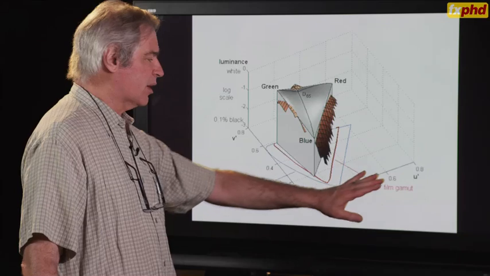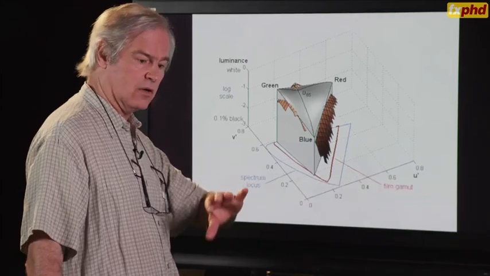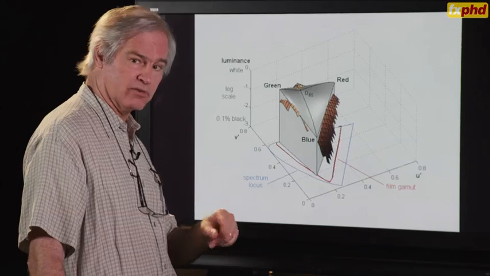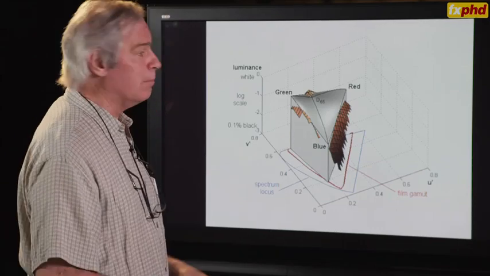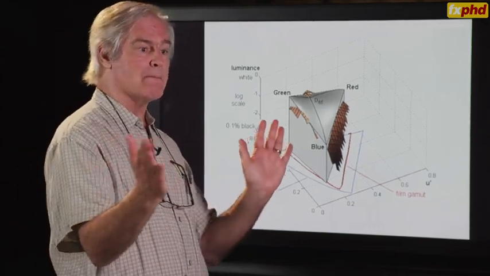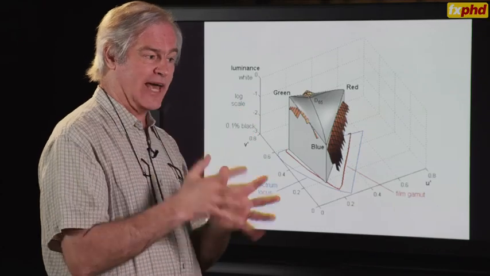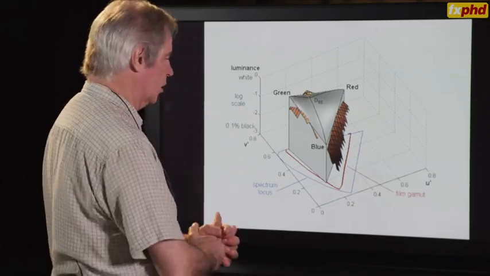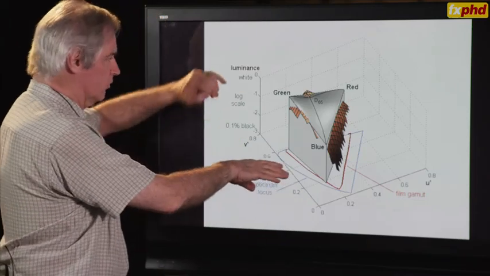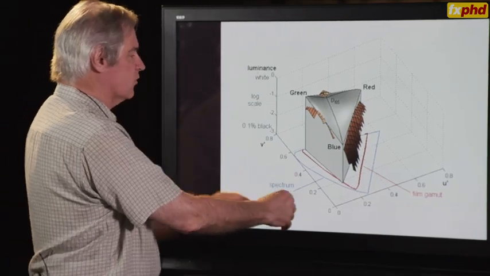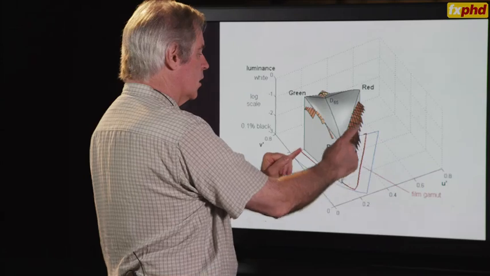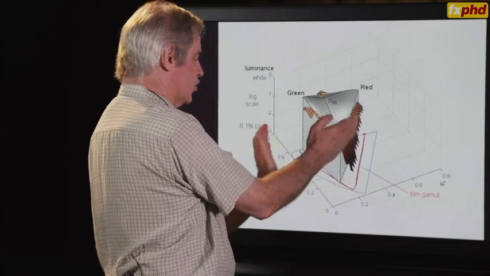In the U prime, V prime space, it's a projective transform of little x, little y, so straight lines stay straight, but the projective transform maps an additive RGB system into a triangle. And here he's plotting luminance, or actually log luminance, on the third axis. So the triangle here that forms the bulk of this shape